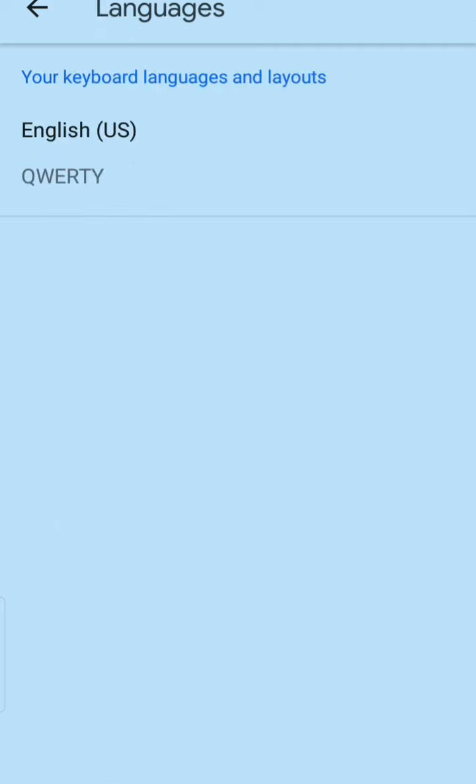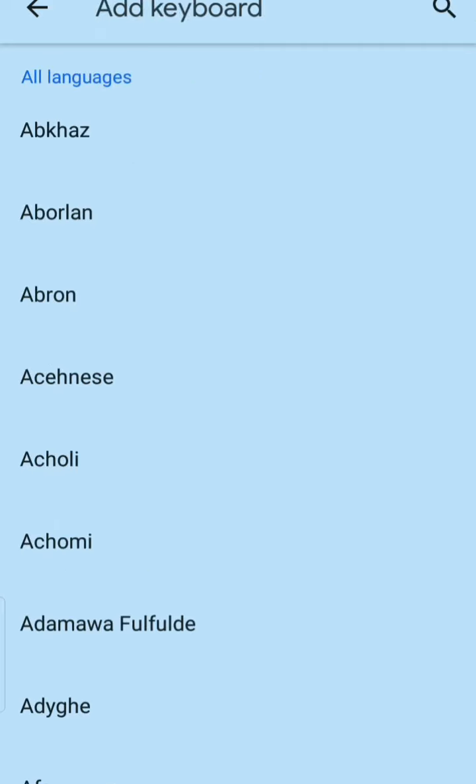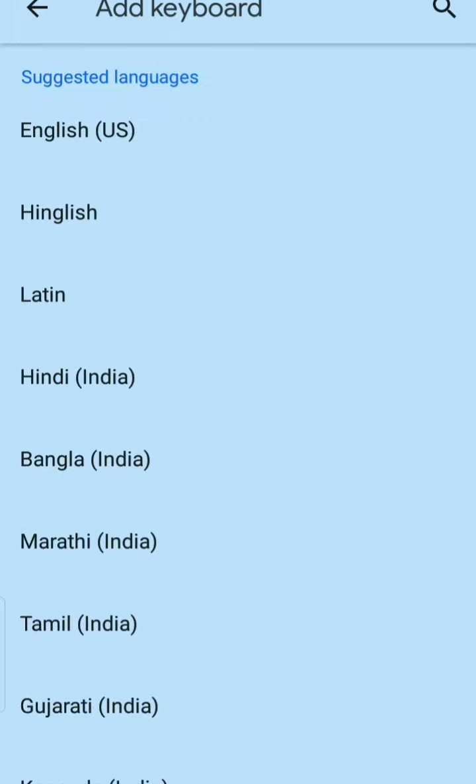So you just click on add keyboard. Here is a list of all languages from all over the world. So just simply if you are going to add Hindi, then you can add English. English means if you type anything in English like aap, AAP or AP whatever, then it will come in Hindi aap, means bada A and pa.